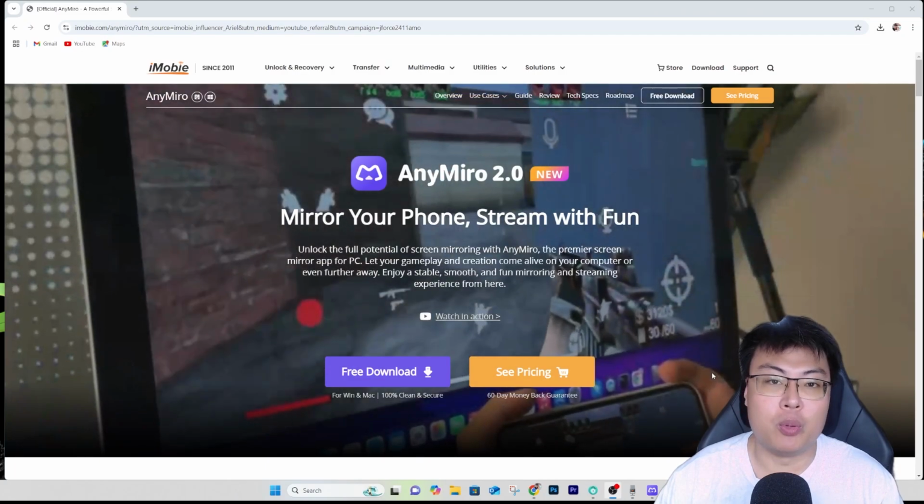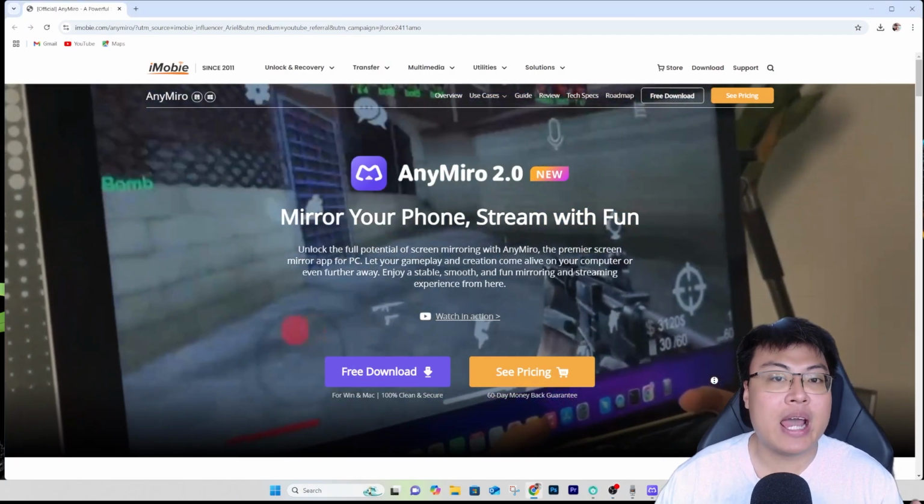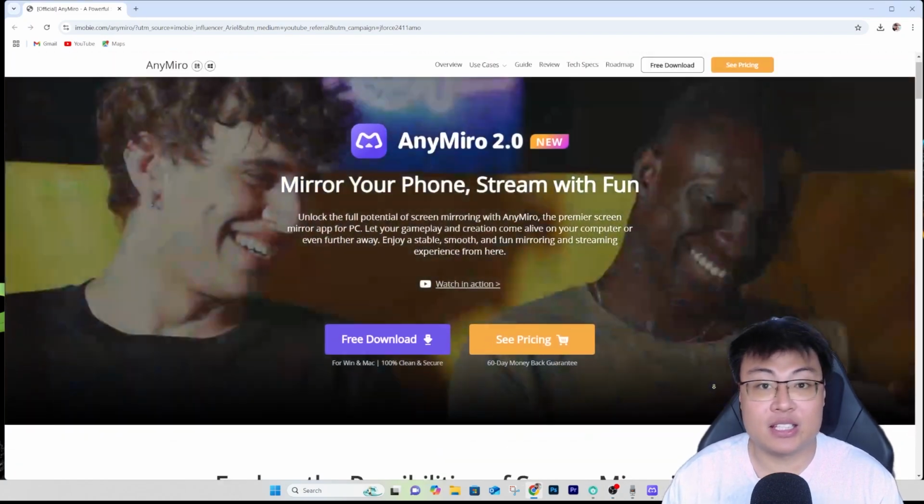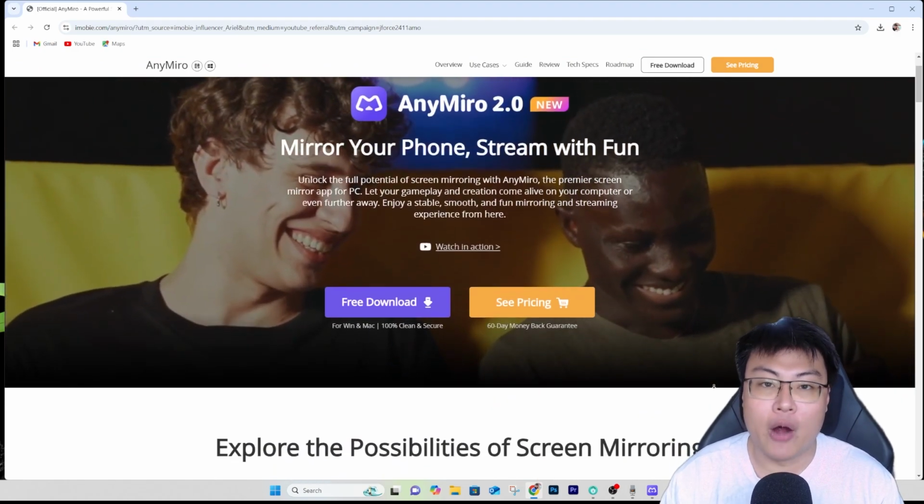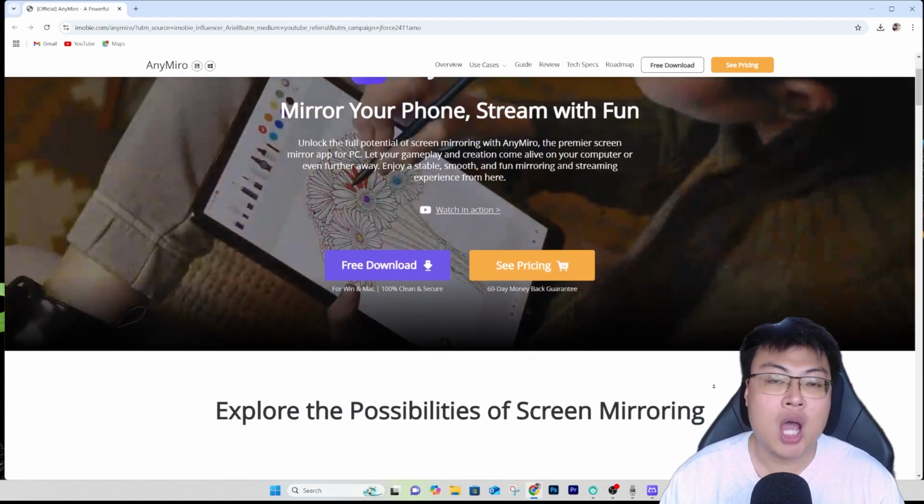So today I have the best solution for you to be able to stream your mobile games to any other online streaming platform without compromising the CPU power on your device itself. Today I'll be using this screen mirroring tool called AnyMiro 2.0. This is the iMobie AnyMiro 2.0, and this is a really awesome screen mirroring software I've used throughout,